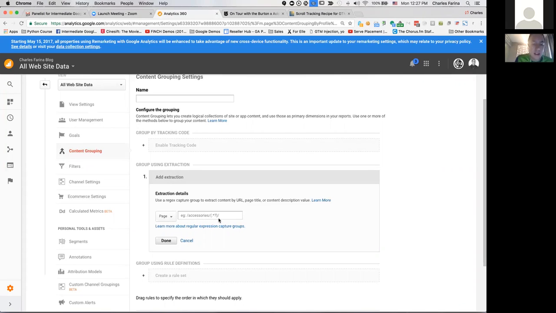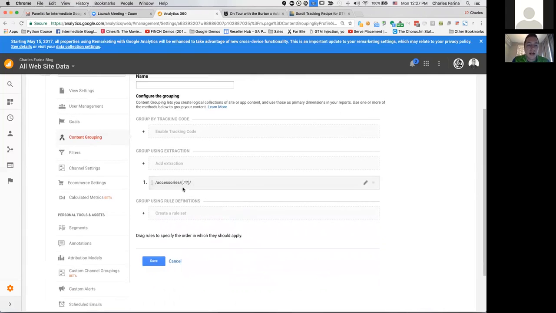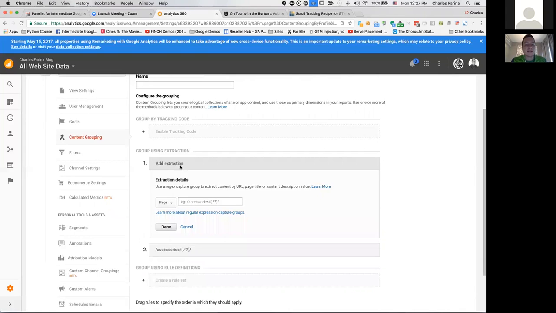What this is going to do is, if we were to do accessories, and then do our .* afterwards, it's going to take anything with the accessories URL, grab anything that follows after, and call it accessories. So it's automatically going to pull out everything from accessories and then define that group by what's next in your URL. And then the way you would do this is you would do it for each group you wanted